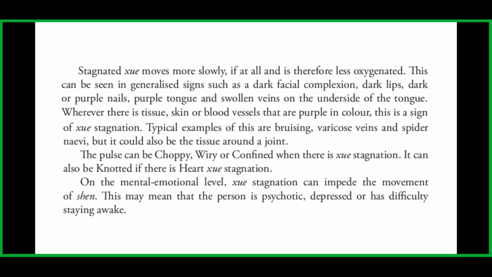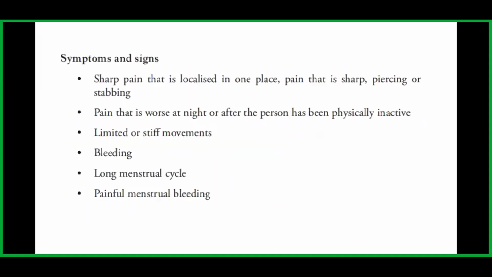On the mental emotional level, blood stagnation can impede the movement of shen. This may mean that the person is psychotic, depressed, or has difficulty staying awake. The symptoms and signs are sharp pain that is localized in one place, pain that is sharp, piercing, or stabbing, pain that is worse at night or after the person has been physically inactive, limited or stiff movements, bleeding,